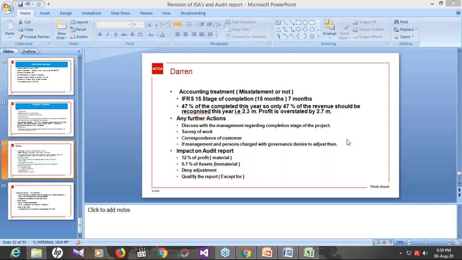Tosik is asking, is there any type of question where we need to reassess the materiality as we do practically in the audit? There is a chance that the examiner asks you to reassess the materiality level. Yes, rarely it can happen. There was a question in past papers before 2010 where the examiner asked you to reassess the materiality, and there were different materiality benchmarks. But it is very rare that it can happen.